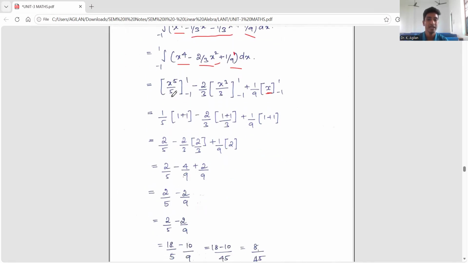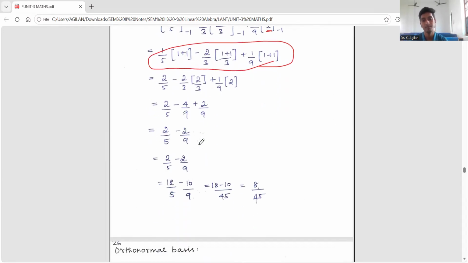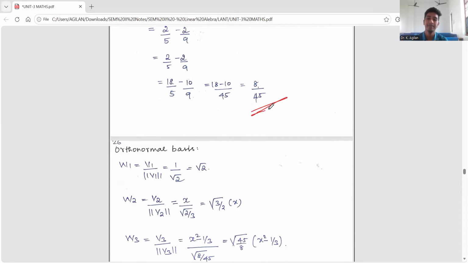So 1 by 5, take 1 by 5 common outside. Substitute upper limit and lower limit: 1 plus 1. 1 minus of minus 1 power 5 equal to minus 1, so 1 plus 1. Similarly, substitute. This is the odd function, so definitely the answer will be minus 1. So 1 minus of minus 1, 1 plus 1. Similarly, here 1 minus of minus 1 is 1. So after substituting these values and simplifying, we can get 8 by